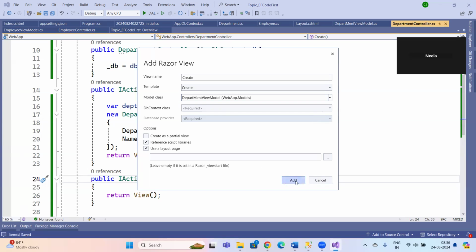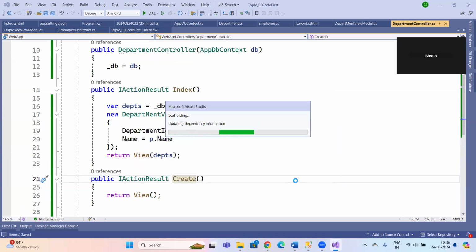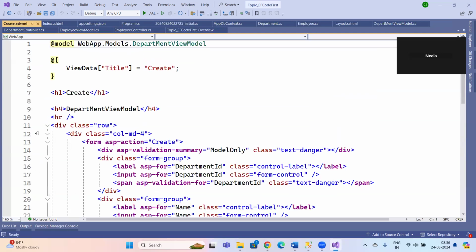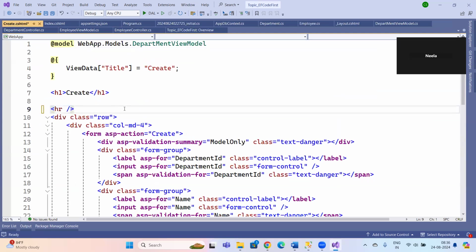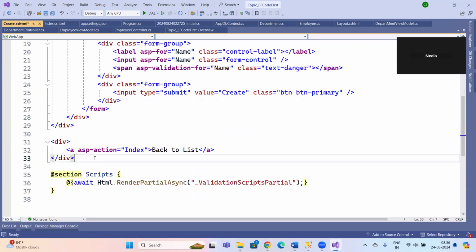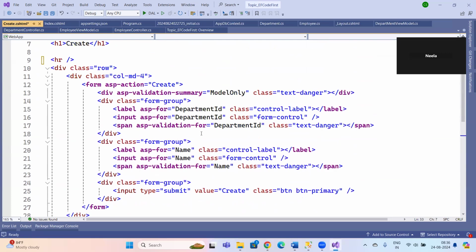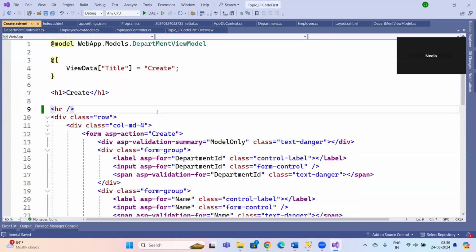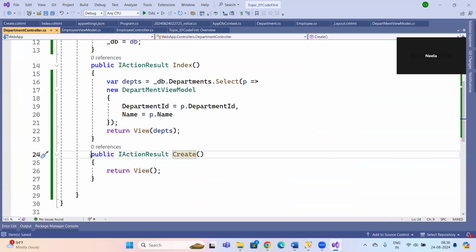Department view model. Add, okay. Then remove this line. Create the back to list. We need to file the back to list, and after that this is okay, and I create the post